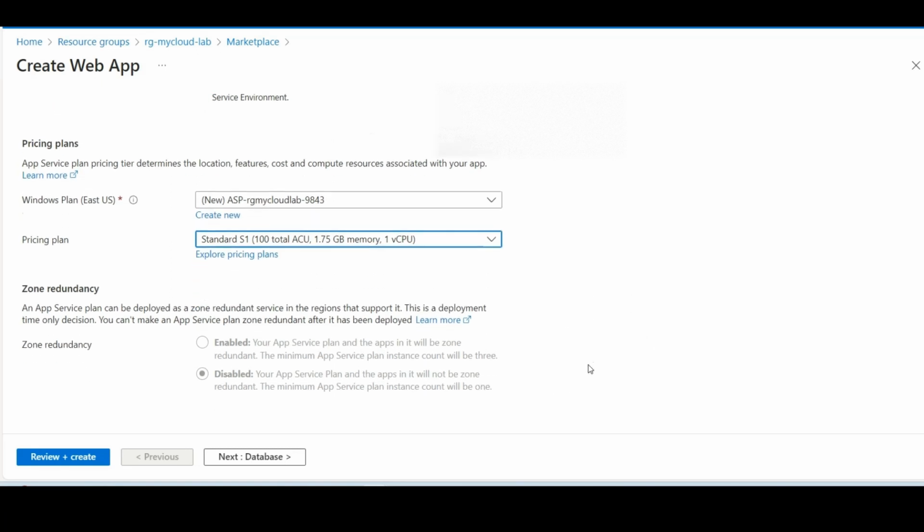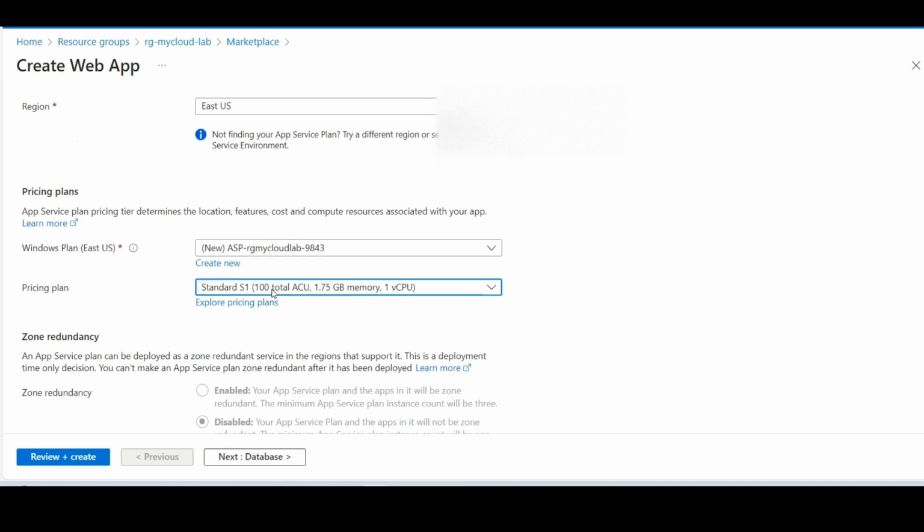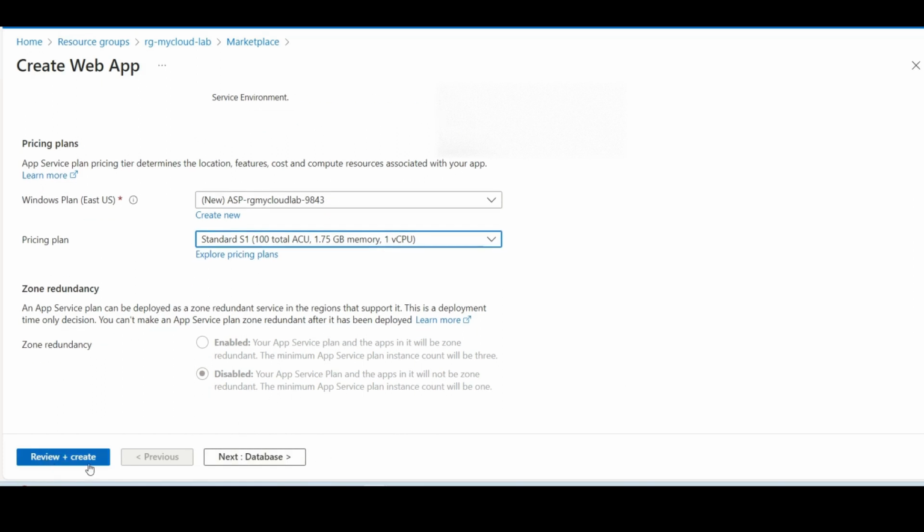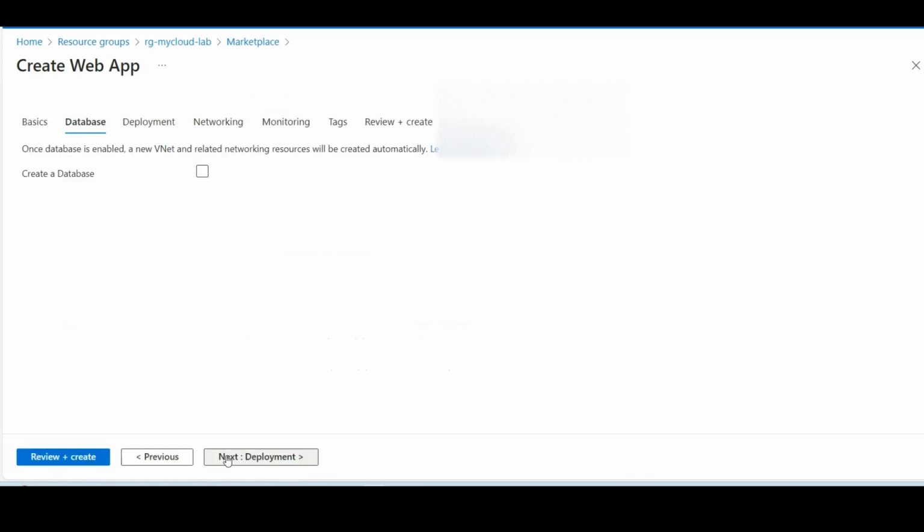Then it's showing the zone redundancy. For now, I don't care about it because this is just a demo. Database, I'm not going to create a database. Okay,